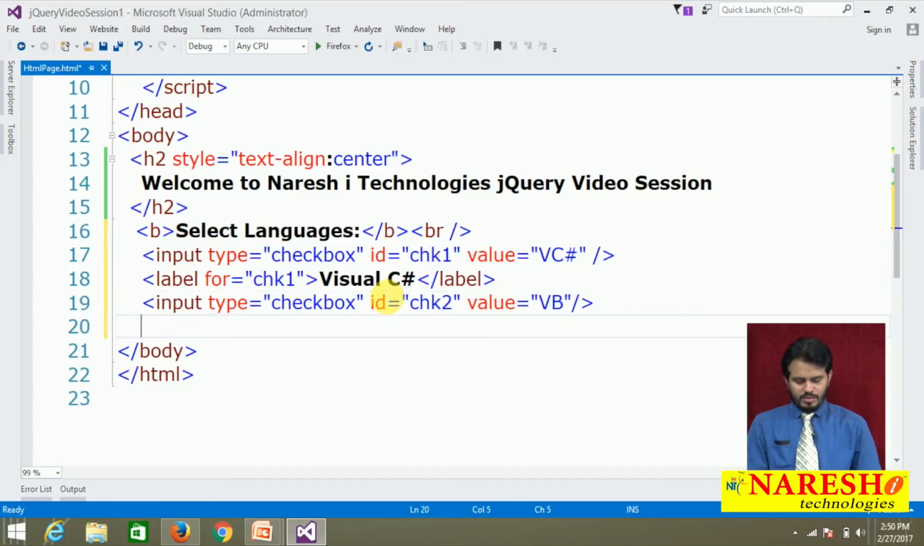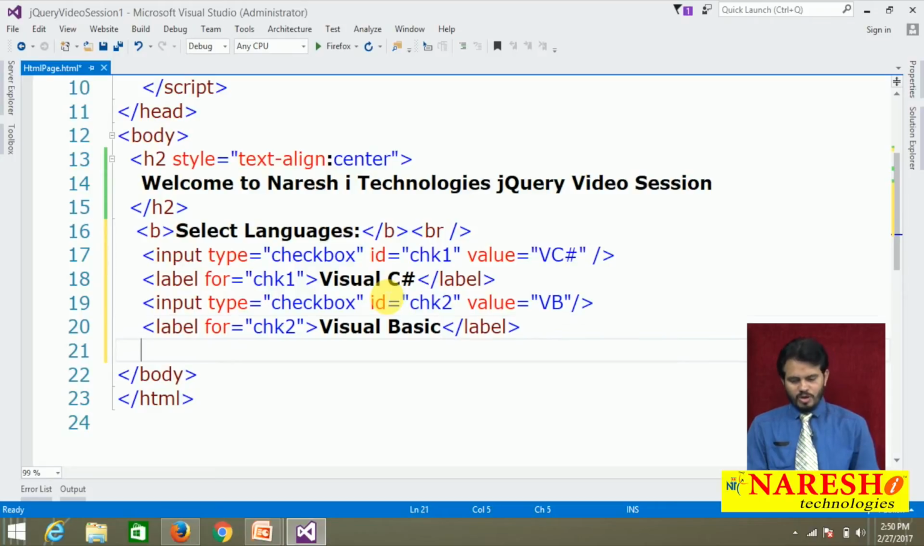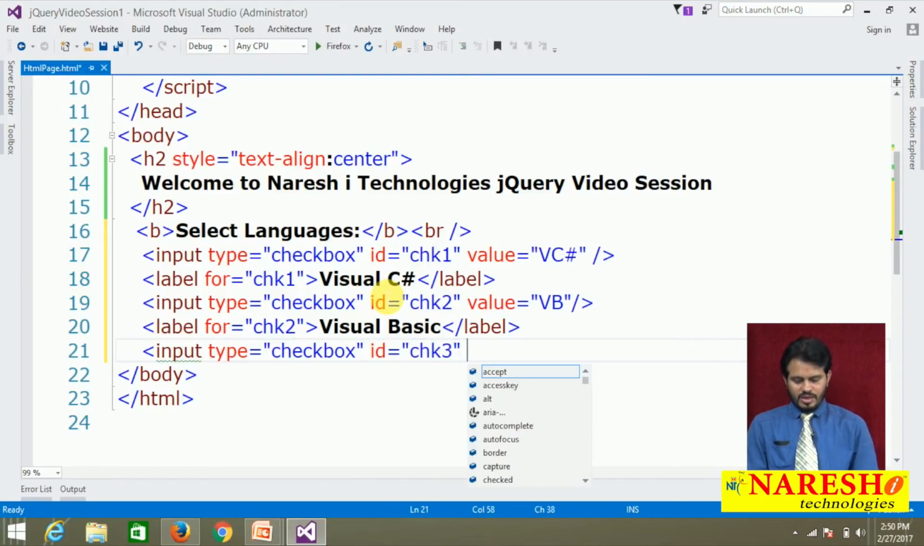Just beside it, one more input element, type of checkbox, ID equals chk2, and value I am giving vv. Below, label for which one? chk2, and the label is Visual Basic. One more checkbox by using input type checkbox, ID chk3, value equals Visual F#,